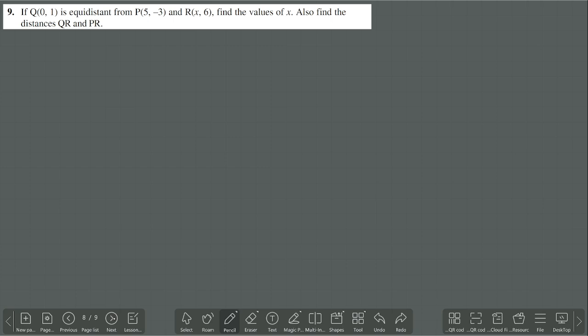Question number 9. Listen. We have seen this type already, with a point on the x-axis given, in question number 7. But here, in question number 9, it's not given about the x-axis or y-axis. They are given the point accurately. This point Q,